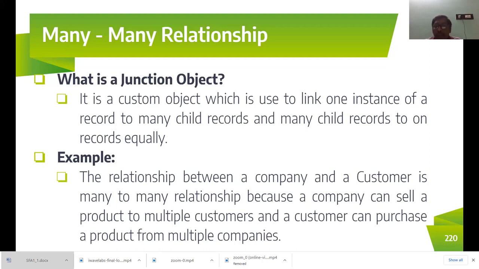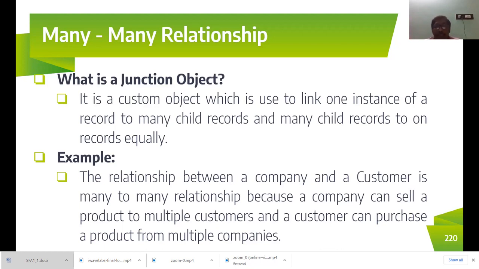So here we are going to have a customer and then we are going to have a product, right? So the relationship between a company and a customer. Here we are going to have a relationship between company and customer. So what kind of relationship are we going to maintain? We're going to create a many-to-many relationship because a company can sell multiple products and the multiple products will be bought by multiple customers, right?